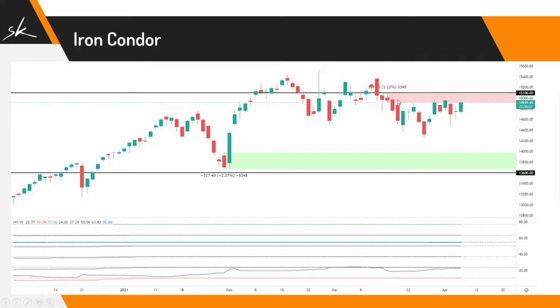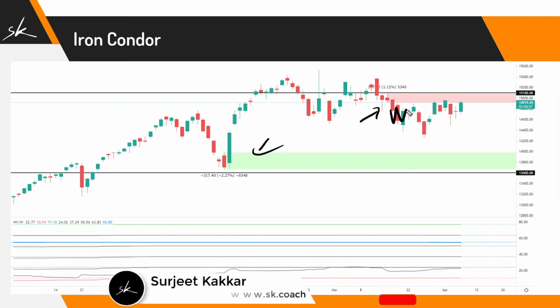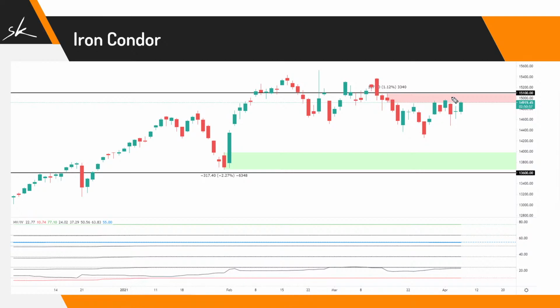Now let's look at it as an example. If you remember, we also took the same example for short strangle when we were in March, and you can see in the month of March, when we talked about our demand areas and supply areas, the March expiry was within this range. So if the March expiry was within the range, and if we would have applied any of these non-directional strategies, we would have made money irrespective of wherever the prices might have been at the day of expiry. If you go through the previous session where we did short strangle, you will see we marked the same areas, and the month of March we expired within that range.